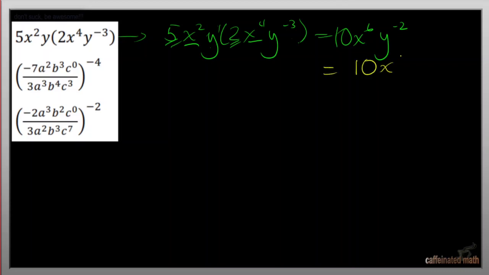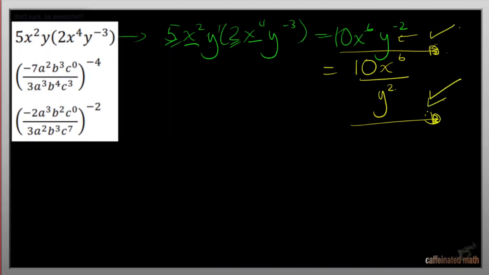Well, this is not brain surgery. If we move a base from the numerator to the denominator, the sign of the exponent changes. So depending on the instruction of the question, either this is acceptable or that would be acceptable when they ask for positive exponents only. Let's have a look at our next example, which says negative 7a squared b cubed